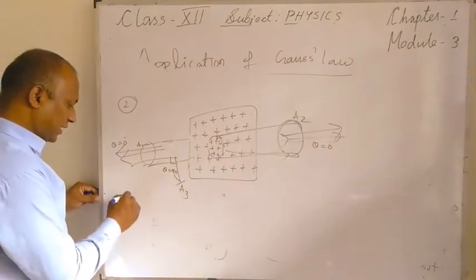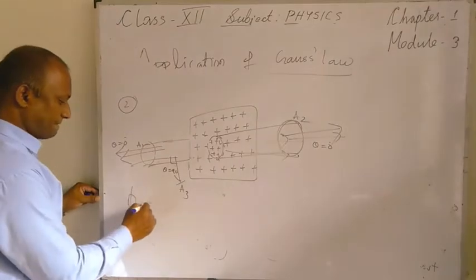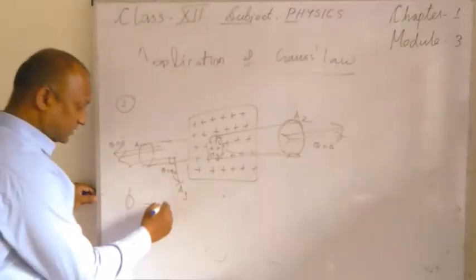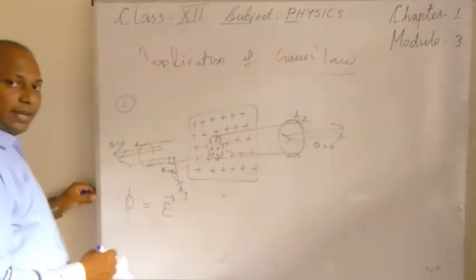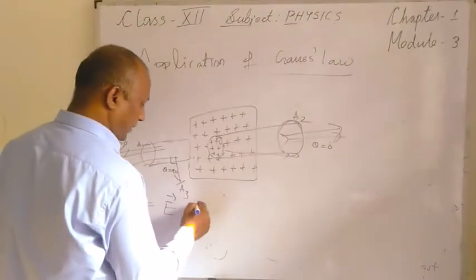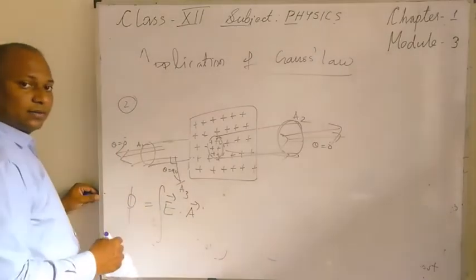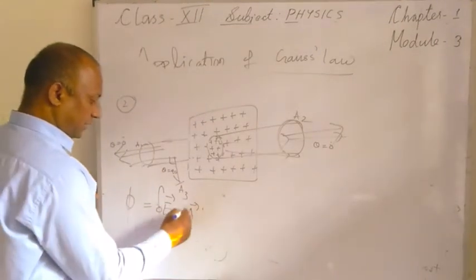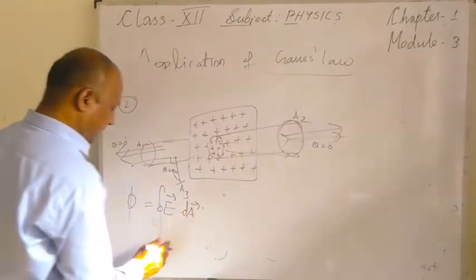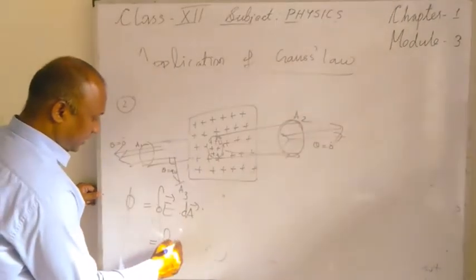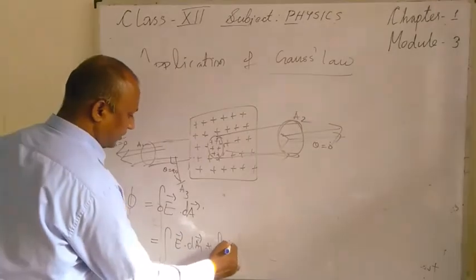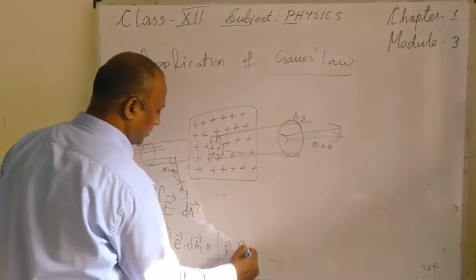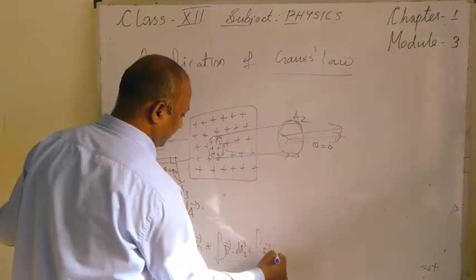And what is the flux? The flux is again simple: integral E dot dA, and you can write it like this: integral E dot dA1 plus integral E dot dA2 plus integral E dot dA3,